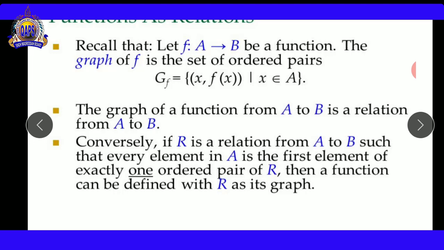In simple words, you can say that every number gives us one different element. In this situation we can say that this is a function, because we give one input and the outcome is also one. But in the sense of a relation, if we give one input and it takes more than one output, that type of relation represents only a relation, not a function. Now see here,